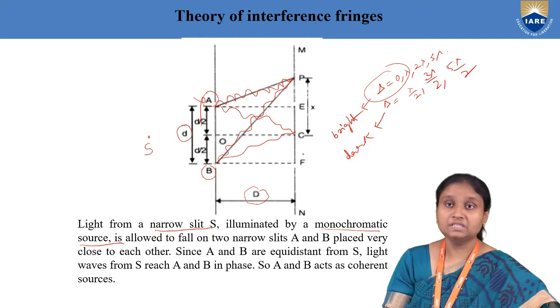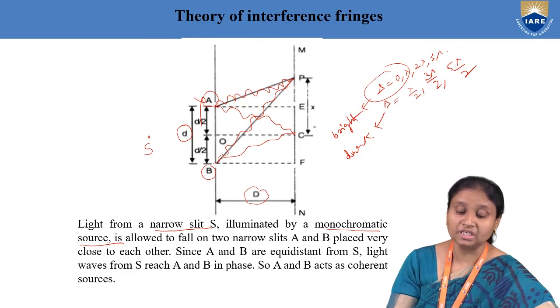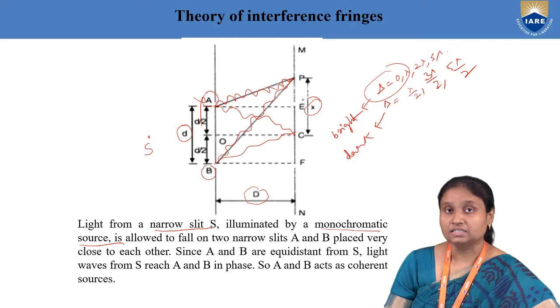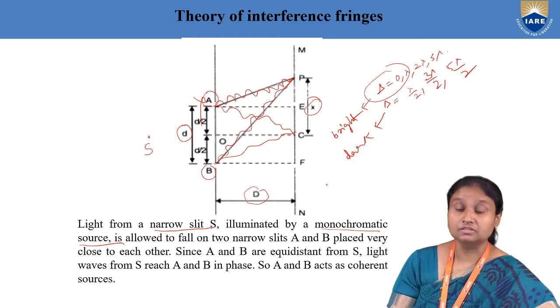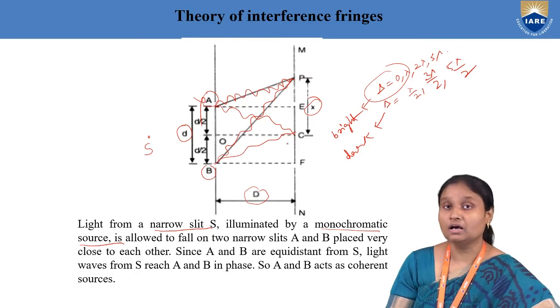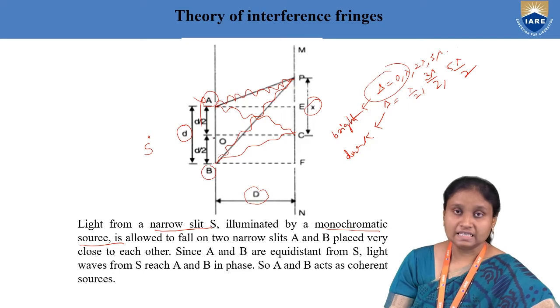And here, from the center of the screen C, this point P is at a distance X. So I am introducing one term, X. What is X? X is the distance of this point P from the center of the screen. And what is point P? It is the point where our waves from these two virtual coherent sources are overlapping. And then of course O. O is exactly the middle of these two coherent sources.